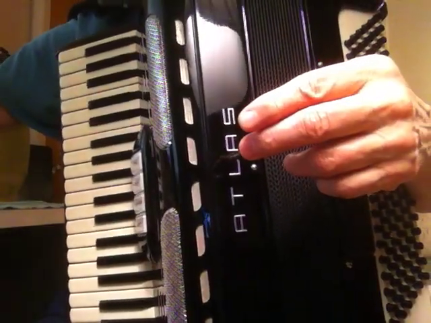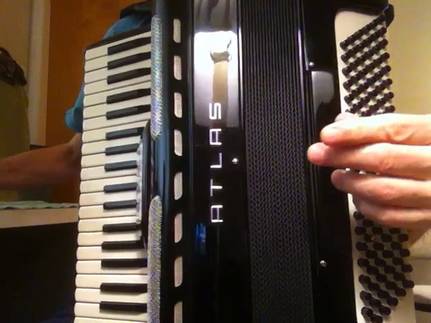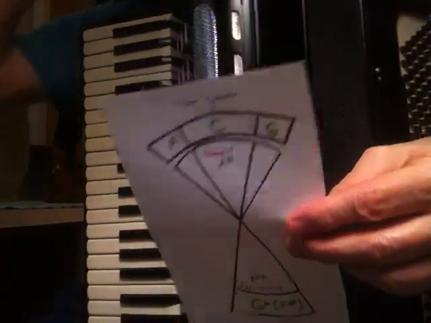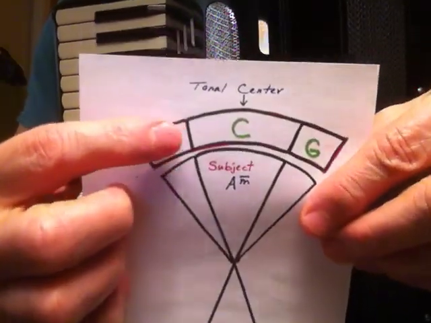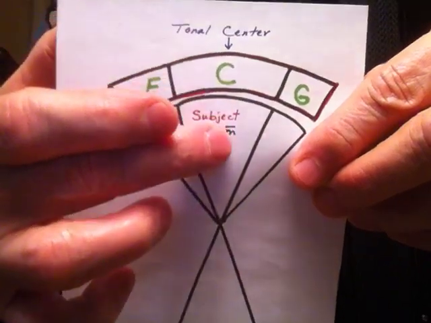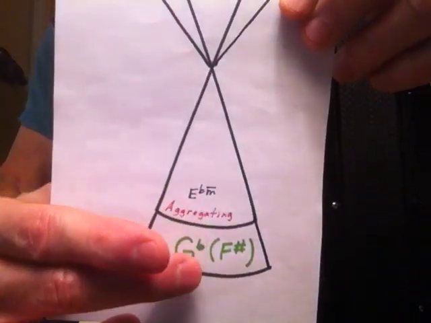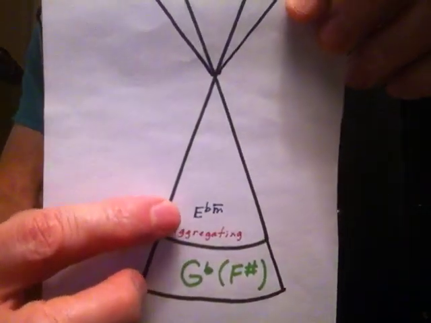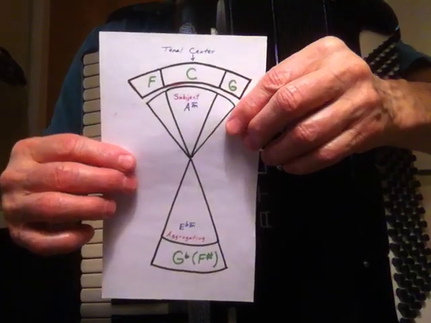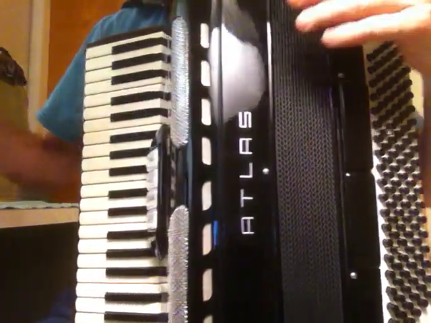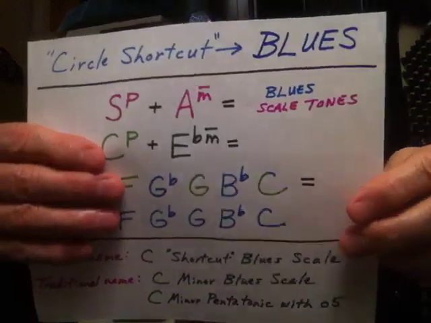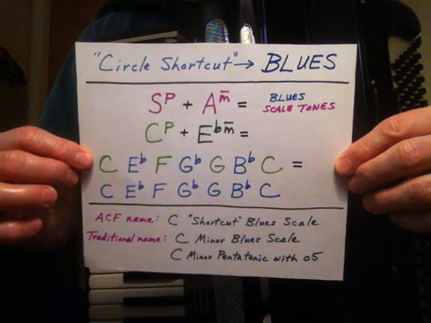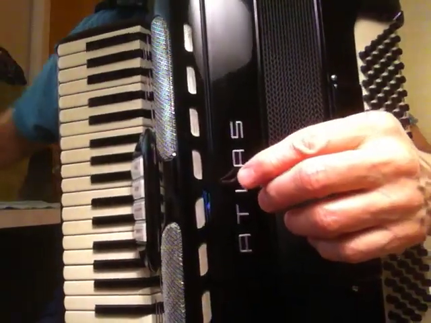And I showed you how, if you take two slices from that chart and you isolate them and enlarge them, you can see that we have here your tonal center. So this would be your subject slice. And across from that would be your aggregating slice. So you take the tones of your perfect chord, mix them with your aggregating minor. You put them together. I already talked about this many times, and you get your circle shortcut to the blues. You get a blues scale. And I showed this. I won't go over it again. All right, we talked about that. And if you have a hard time envisioning